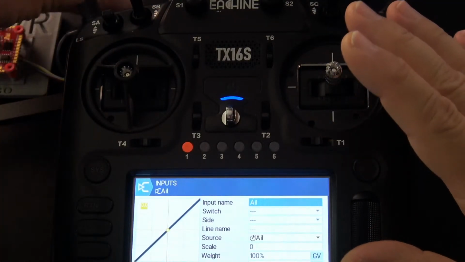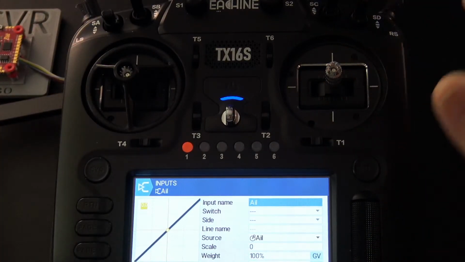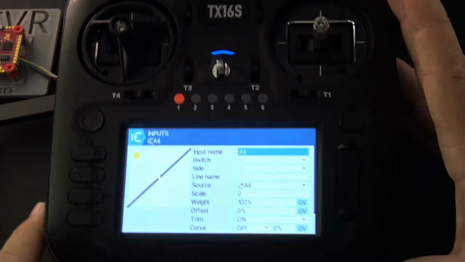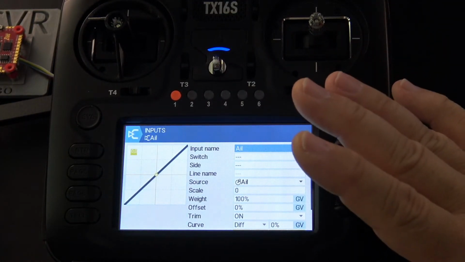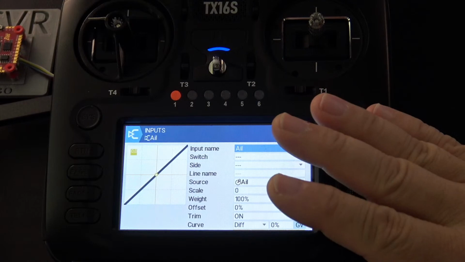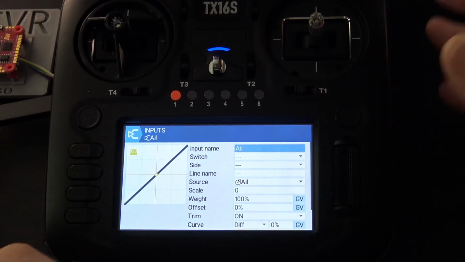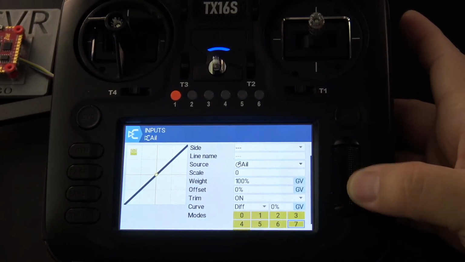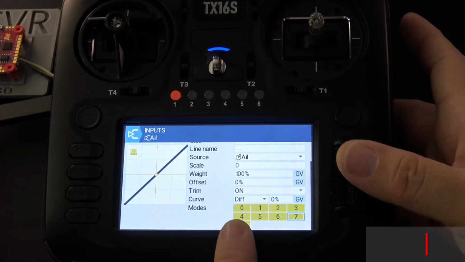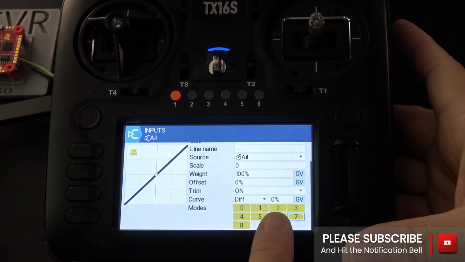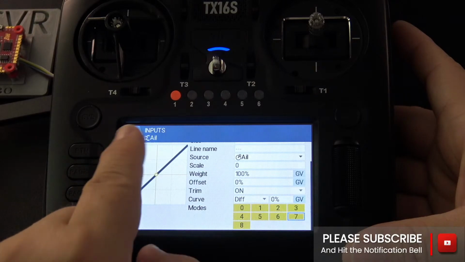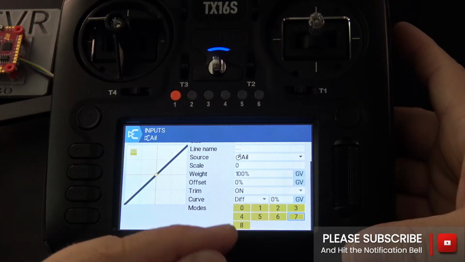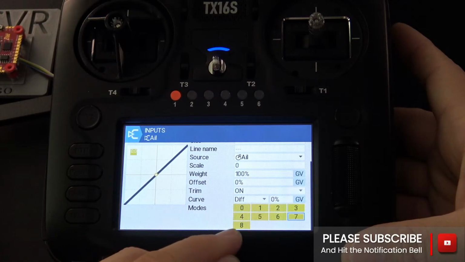These colors will be configurable eventually, but right now they're setting it up so that they can get the interface unified. That's the objective. Here's another example: down on the bottom, all these modes are in yellow. What that means is that this input is selected for any flight mode from 0 all the way to 8.